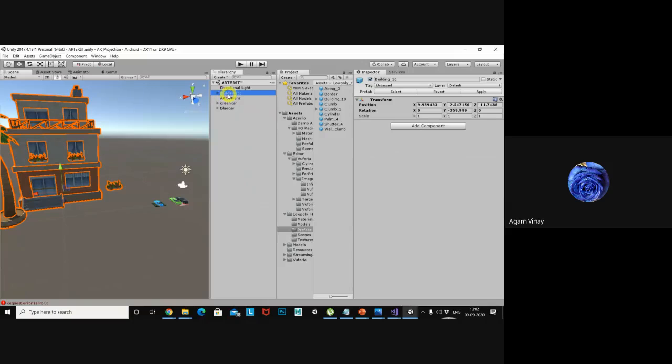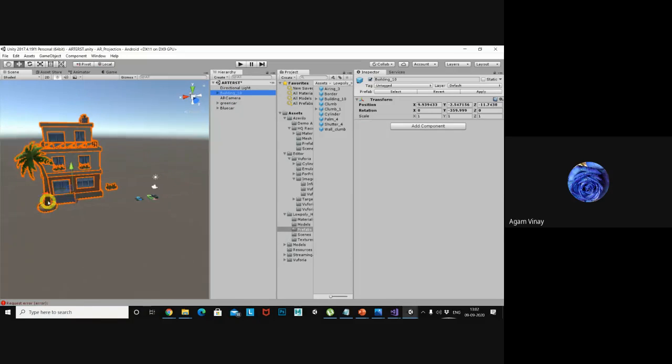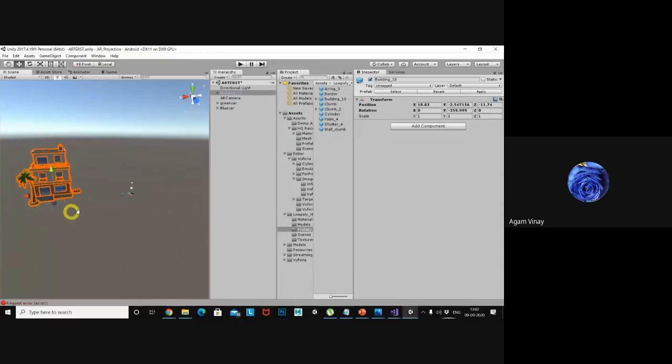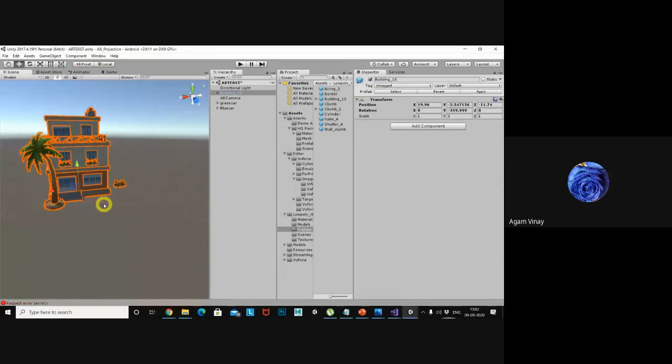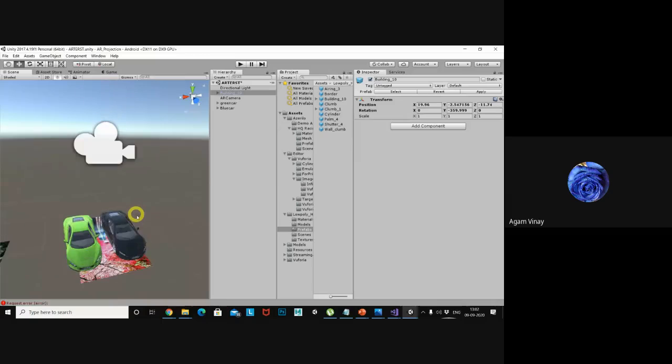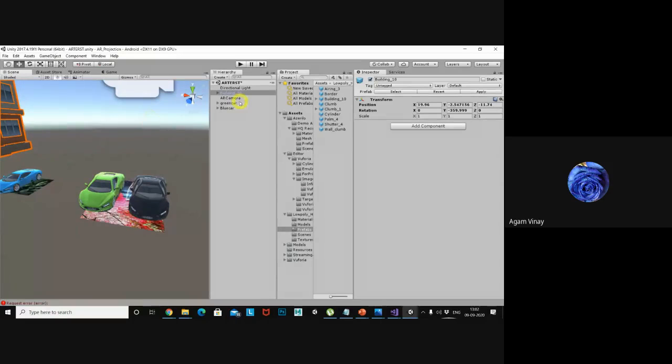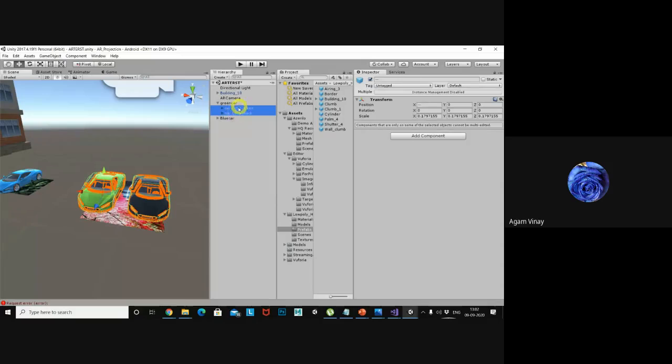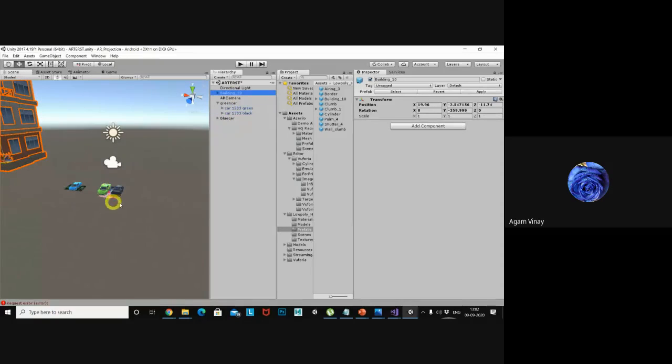If you move it, everything will come along with the house. If you want to show this house in AR, you need to place this building instead of these models. So whenever the tracking is found, this building automatically appears.